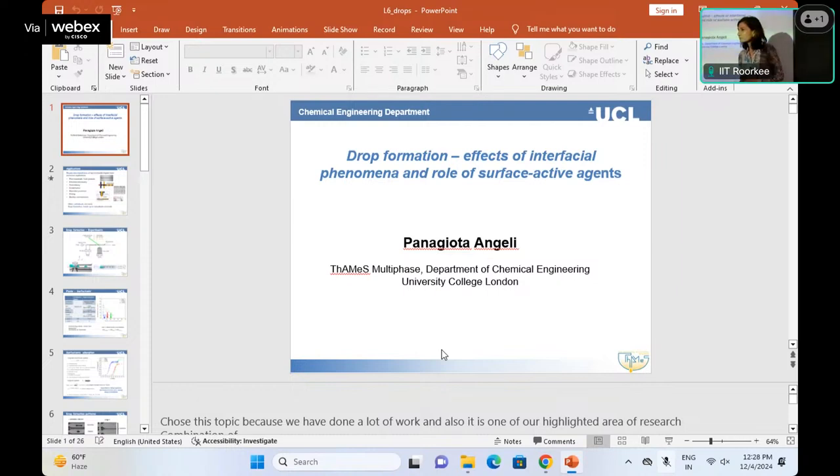So when we are injecting this microgel, let's say in the oil,